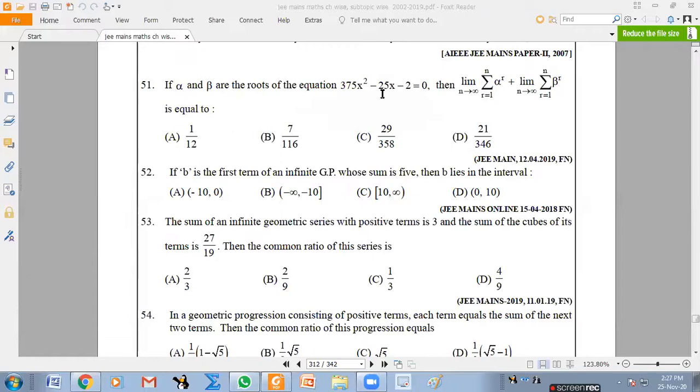So anyway, it is not necessary to find the roots. That is the point. You can substitute alpha plus beta and alpha into beta. Expand this also and substitute it. You will get whatever number is required. If somebody asks whether there is any way to get simple roots: 750, how to write it as a product of two numbers? This is as such 25 into 30, which is not suitable. If I take 1, 2 here, it is 50 and 15. That is also not good. We should not be able to write it.